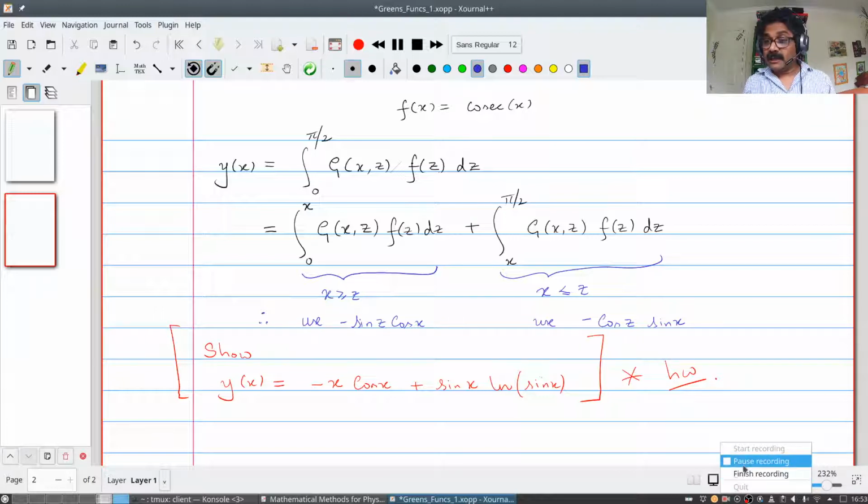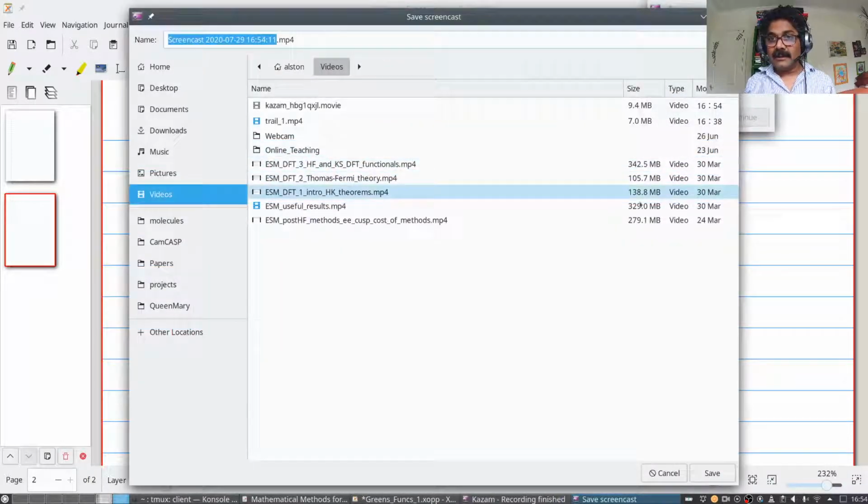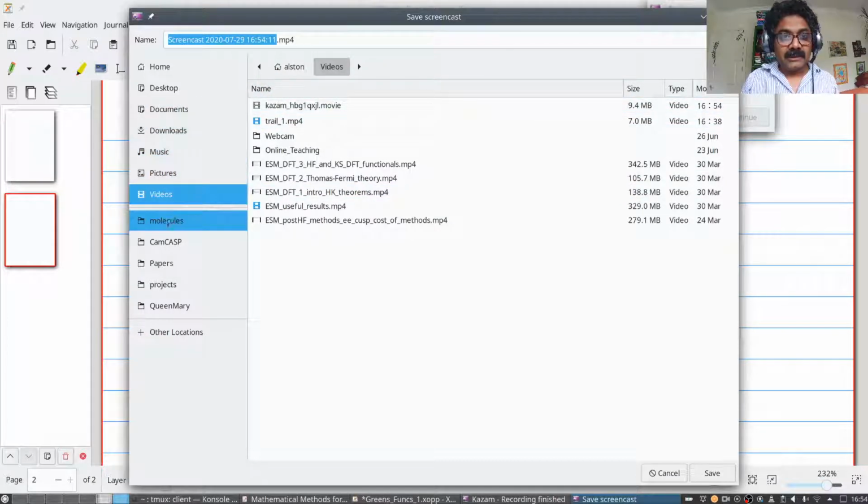Now you can also press pause the recording if you wanted to pause and take a break. I'm going to finish it here and see what this looks like, and then let's actually hear it again. So finish the recording. This is a window which opens up. Kazam recording has finished. Save it for later. I say yes, continue. I need to save it somewhere, so I'm going to save it on the